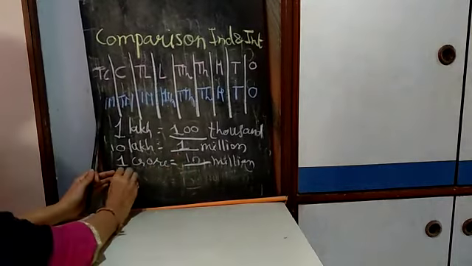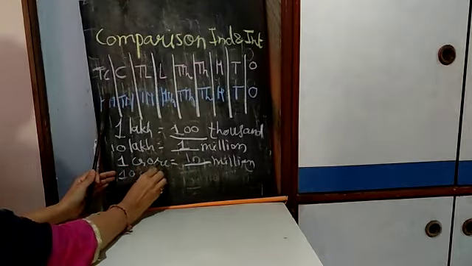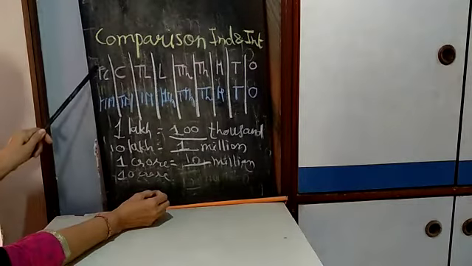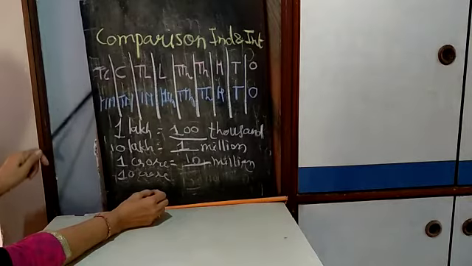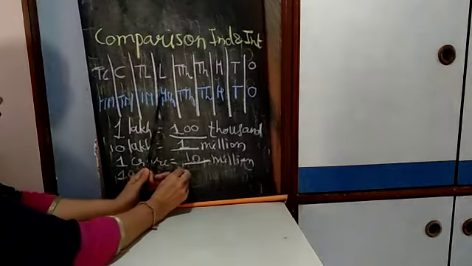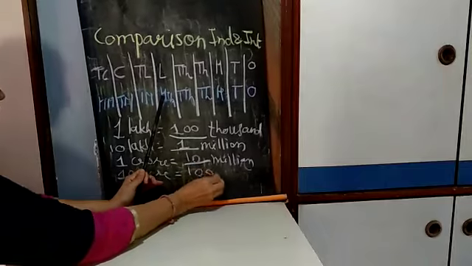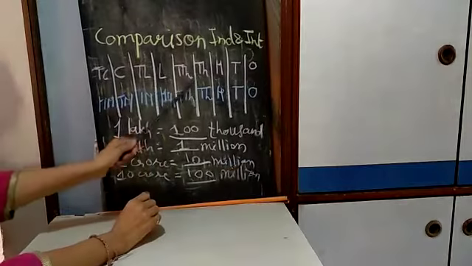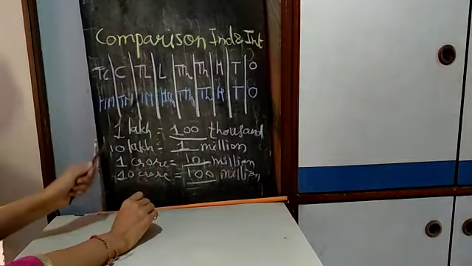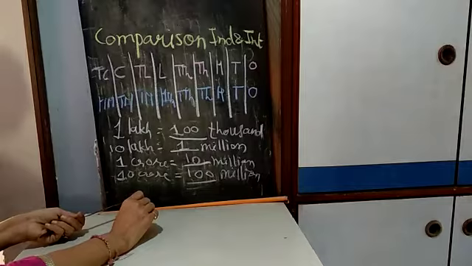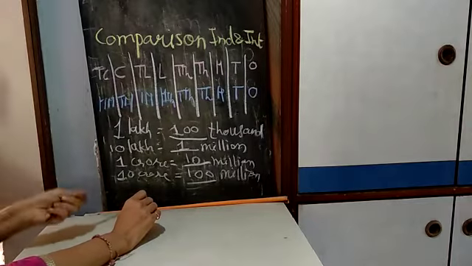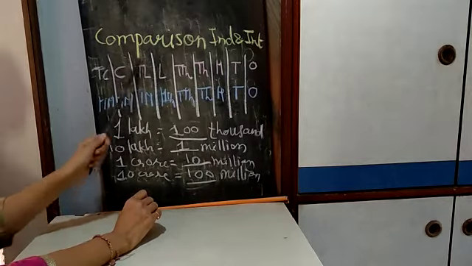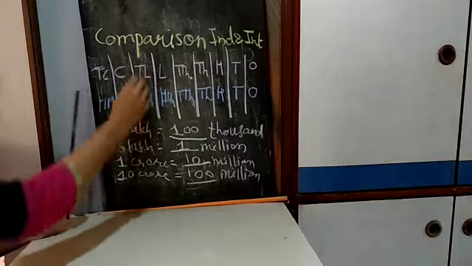So 10 crore is equal to how many million? Again 10 tens are 100, and as it is directly you can see the difference. 10 crore is equal to 100 million. So you can compare the numbers by writing the places of both the number systems and directly you can compare it. No need to mark from the textbook. Only you have to write the places of both the number systems and you can compare directly.